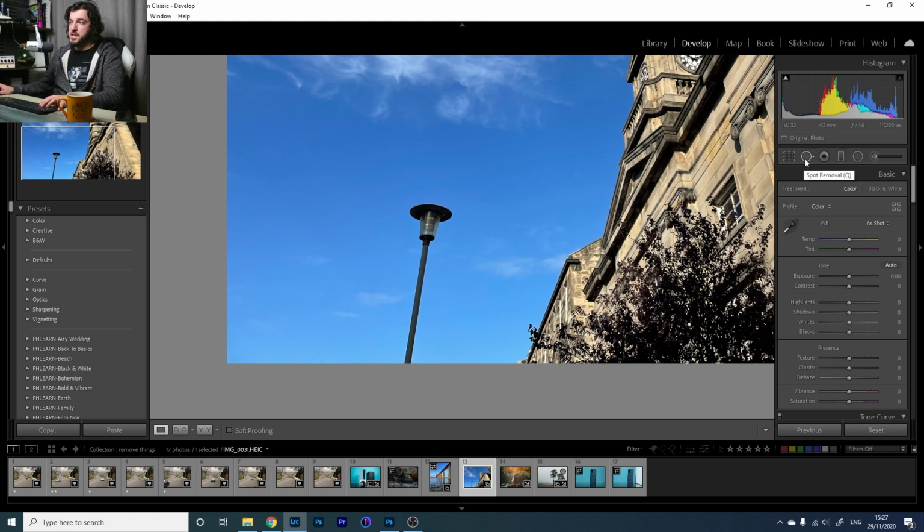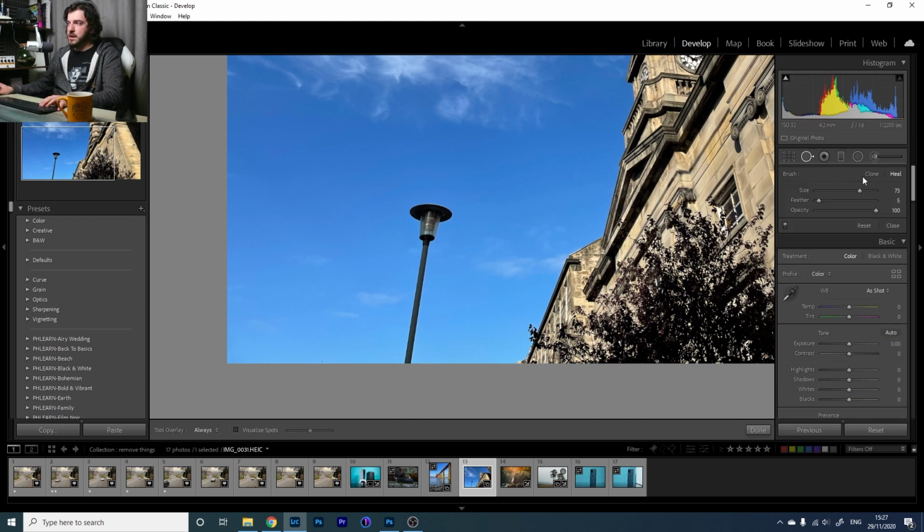So I'm going to use the spot removal tool. Now this is going to bring up two brushes, either clone or heal. Now I'm going to start with clone, see if it can do that. I'm going to use a smallish brush and we're just going to paint over the top of the object, something like this, filling in those gaps, and then bing, it's going to try and replace it with,